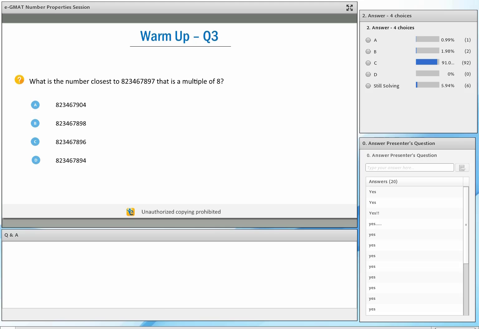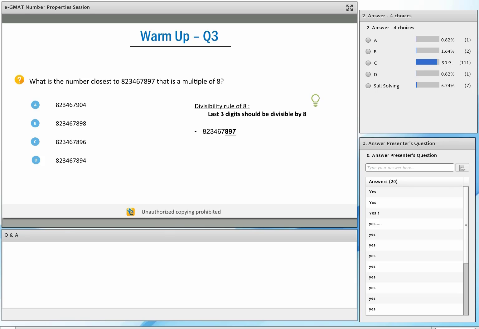All right, so almost all of you are selecting choice C, and choice C is the correct answer. So I'm not sure if it's because I was broadcasting the results that you all selected choice C, or if truly you knew that the answer is C. Again, as I said, this is a relatively straightforward question. You don't have to really take any examples here. Last three digits should be divisible by 8. That is a divisibility rule.